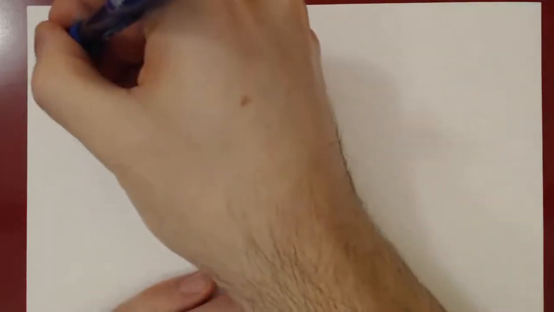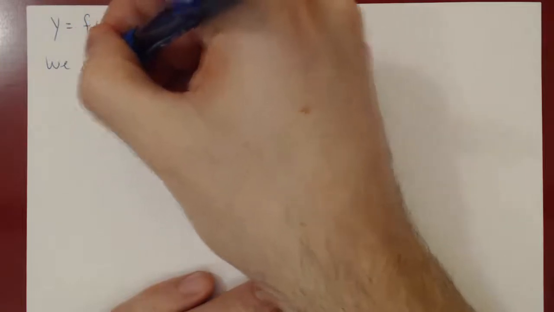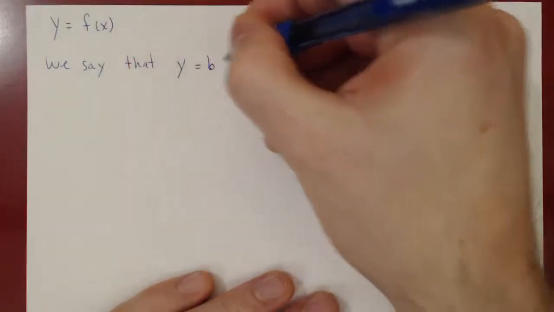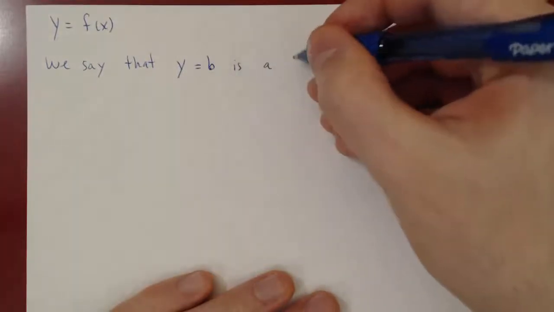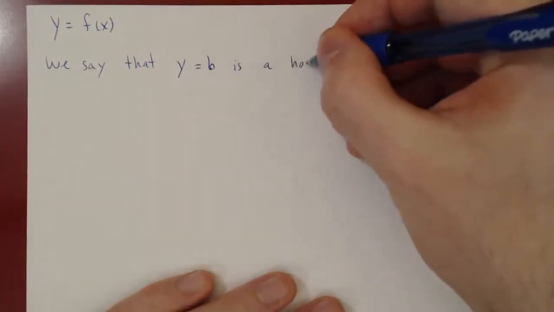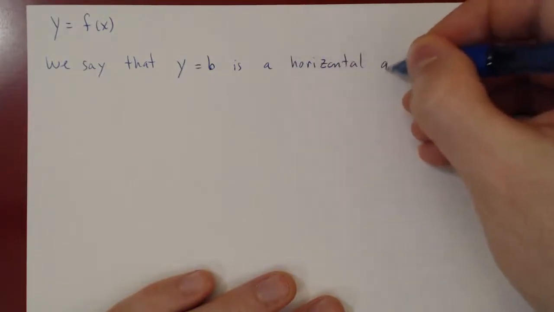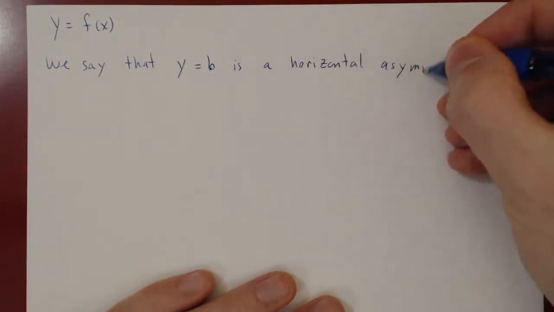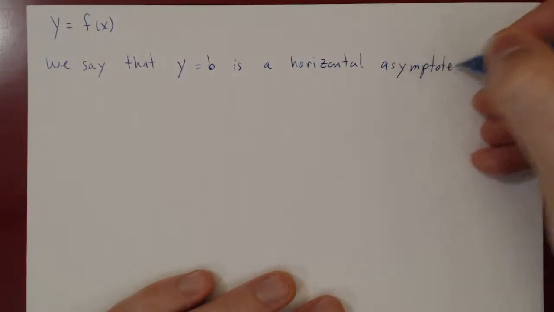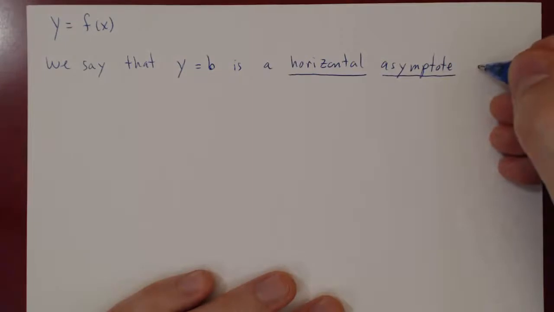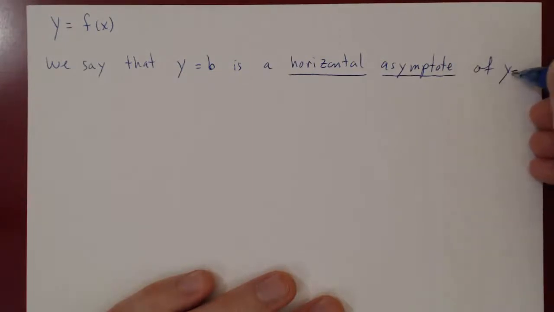So we say that y equals b is a horizontal asymptote of the function y equals f of x